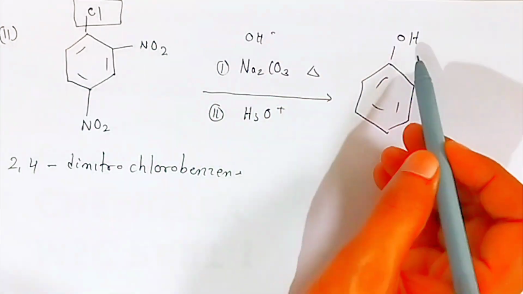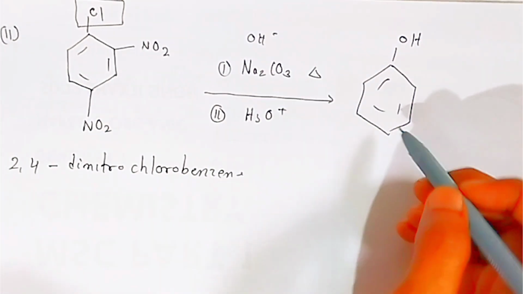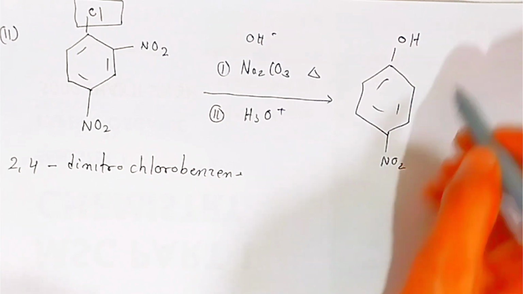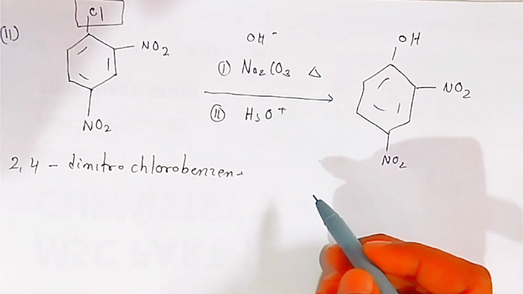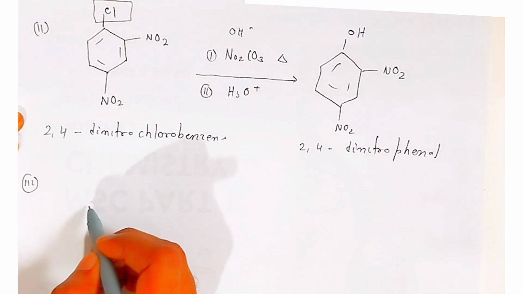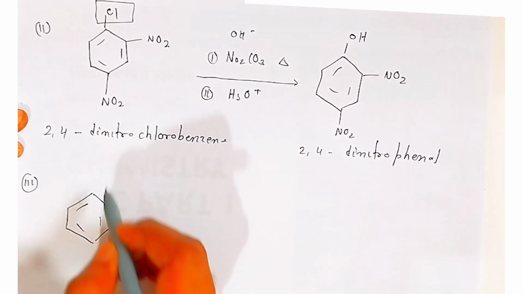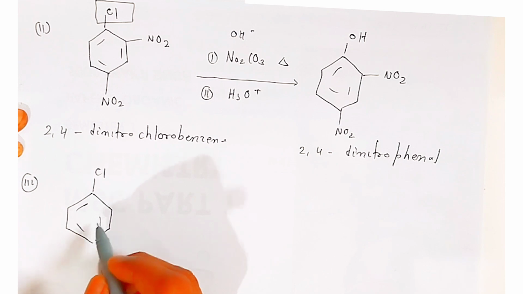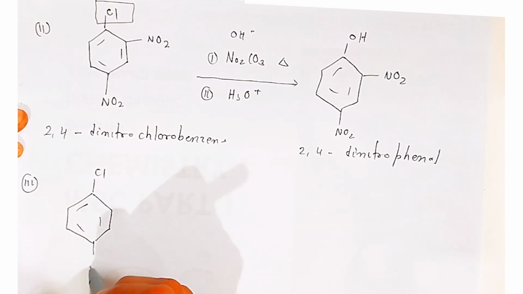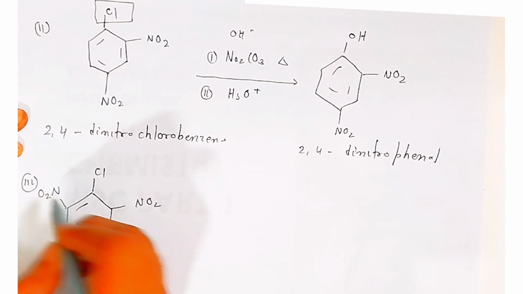Okay students, a substitution reaction is taking place, that is why it is called nucleophilic substitution reaction of aryl halide, and your nitro groups will be as they are. This is nothing but 2,4-dinitrophenol. What happens, students, if there are 3 electron withdrawing groups? This is chlorobenzene, students. Now if there are 3 nitro groups present here,